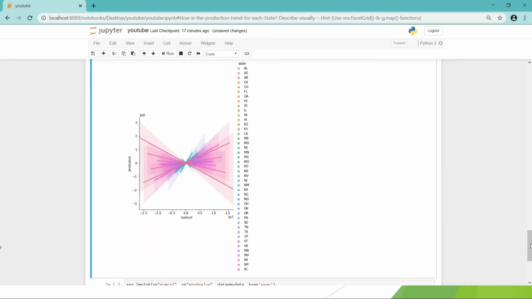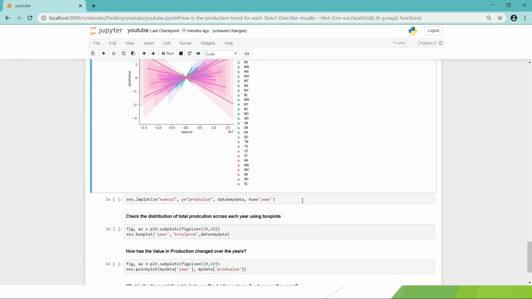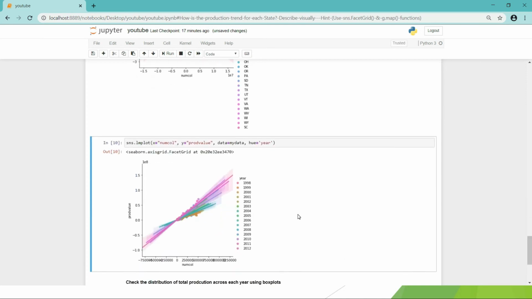See, now the color wise variation it has shown you. It is cooked up data, so it won't be showing you much clarity, but these are some of the parameters that you can use. If you want to see year wise, see, year wise makes more sense to see the color. So it is still a positive trend. It is showing you color wise which year it was more and which year it was less.